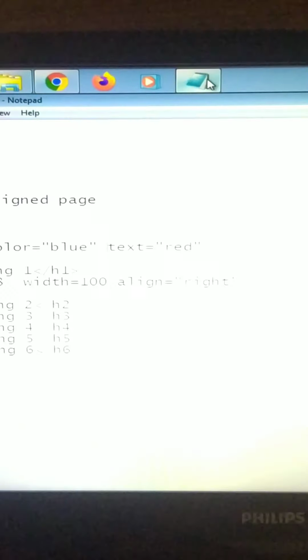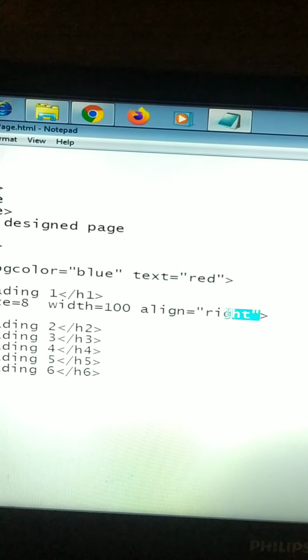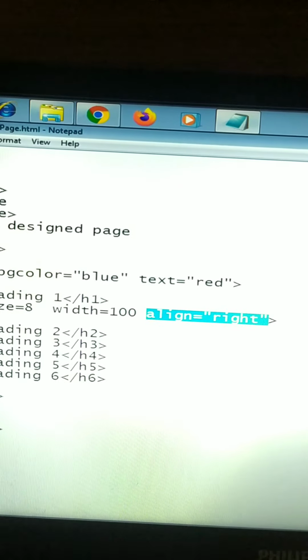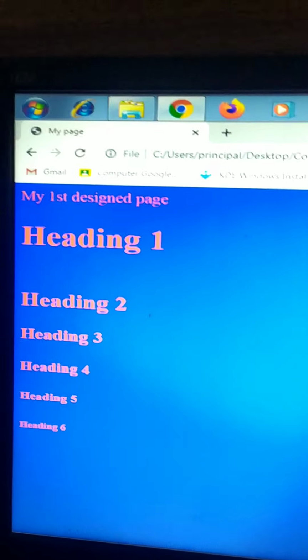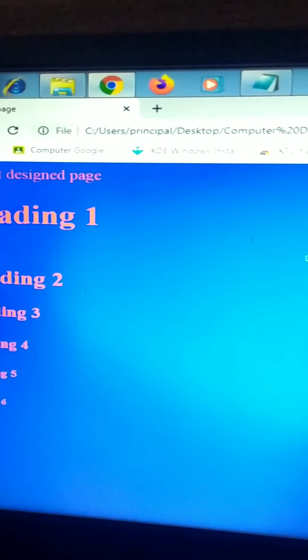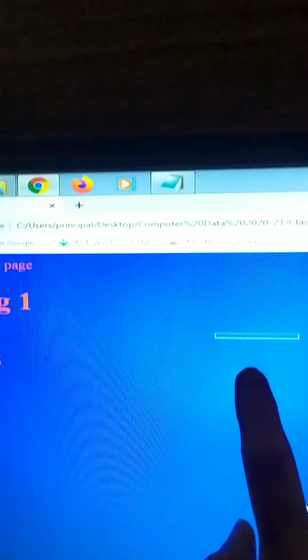Now, if we remove this align right, you'll see a whole line. The line will be in the center. Save the page. Whatever changes you make over here, you have to first save it, and refresh. It is center aligned now. See, by default it is center aligned.